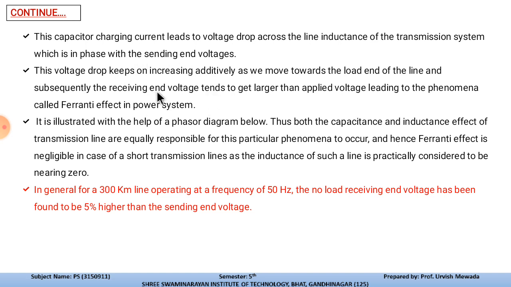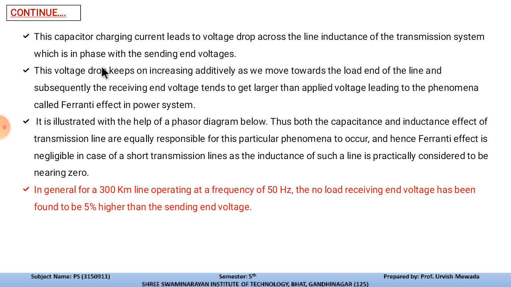And if the system has capacitors connected for compensation, and if the system is at no load or light load, at that time the capacitor will get charged. And if they get charged, then due to that charging, the potential between line to line will increase. Gradually, as you go from the sending end to the receiving end, those voltages get added. After that, at the receiving end, the addition of that voltage will be more than the sending end voltage. So this is nothing but the Ferranti effect in the transmission system.